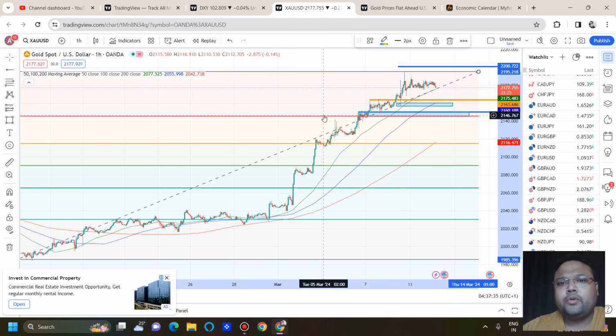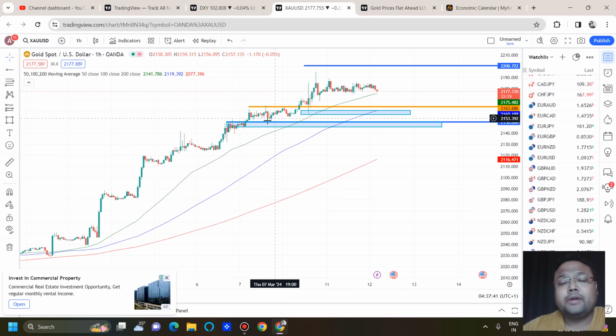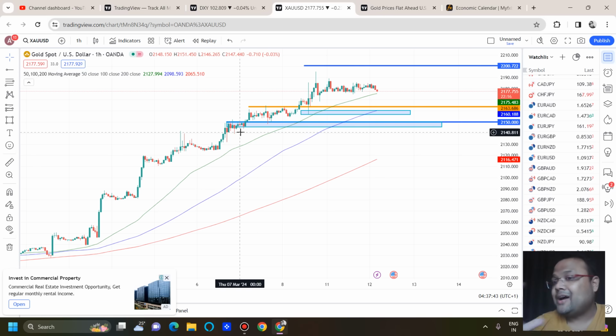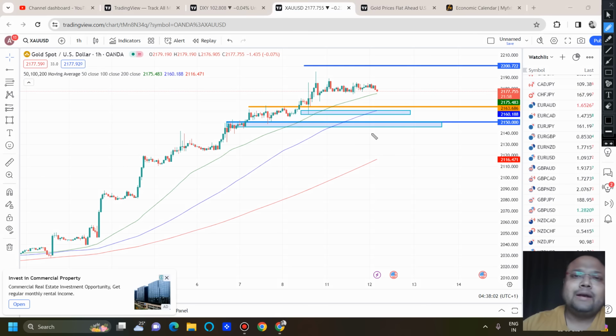Here we have the Fibo 23.6% retracement level. Along with that, the previous resistance will be working as support, and it's a round number, 2150. So 2150, 2145 is a good zone in the market. If gold drops, I'm not talking about the time of news. At the time of news, only follow the trend of the market. But before news, or when the market settles down after news, then you can look for a buy around 2150, 2145 if gold drops.